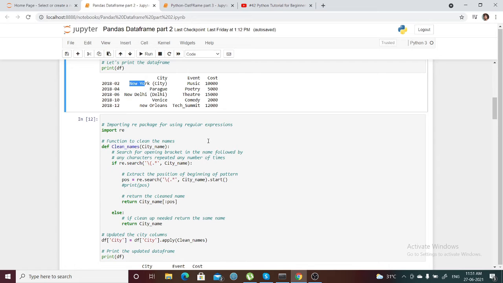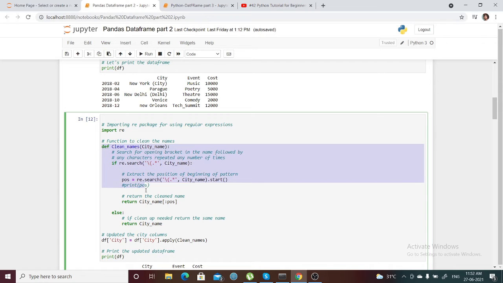And here I'm manually importing the regex package, or you can say regex module, and I'm creating a function where I'm passing one argument, city name. So you can consider this particular city name.